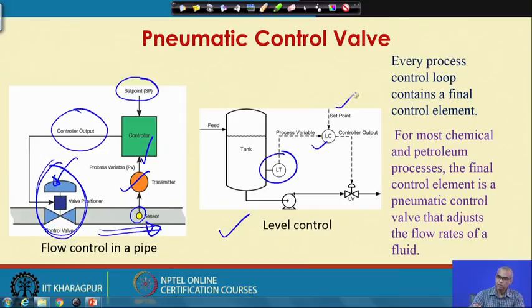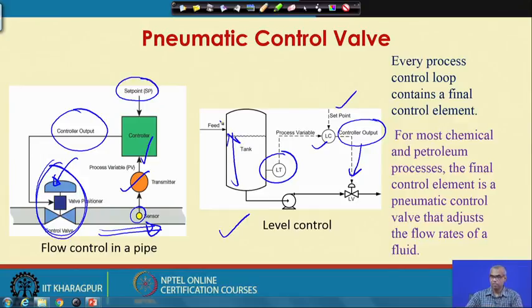The level controller has information on the set point. So, comparing these two signals, it generates a controller output. The controller output is fed to the control valve, and accordingly the control valve either increases or decreases the flow rate